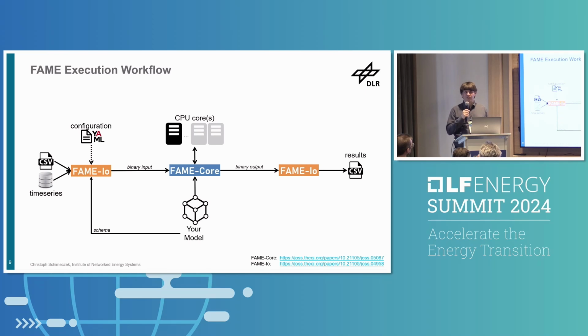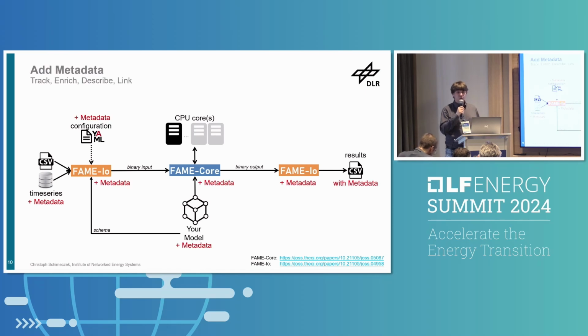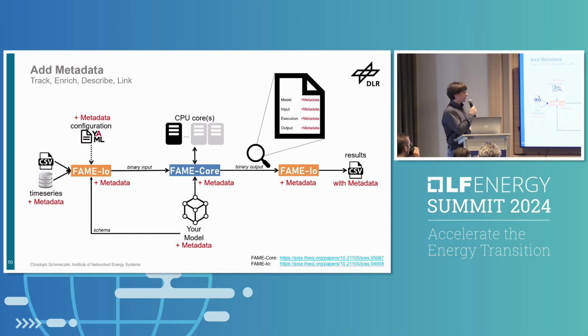And if you want to have proper tracking of what you're actually doing, you can add metadata to everything. Every step of that, you can add metadata to your model, to your input data, to your configuration files, to tracking what versions of the tools you were actually using and stuff like that. All of this is tracked, and you can extract these metadata, of course, and then have full traceability of what you were actually doing in your simulations. And all of these metadata are therefore stored in the binary output file and can be accessed at any later stage, so you know exactly what you were doing in the past when you were running your model.